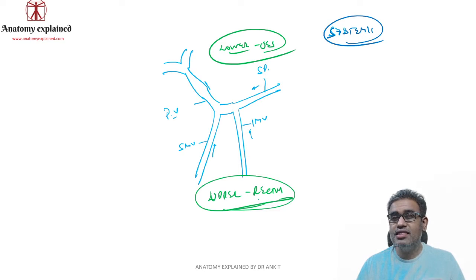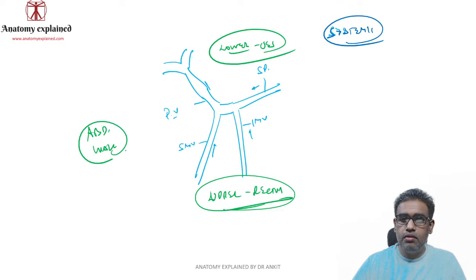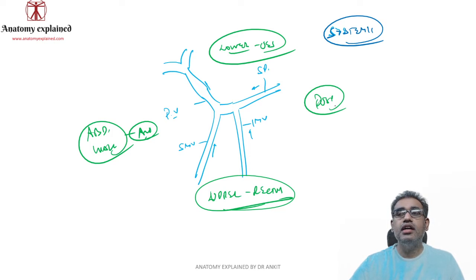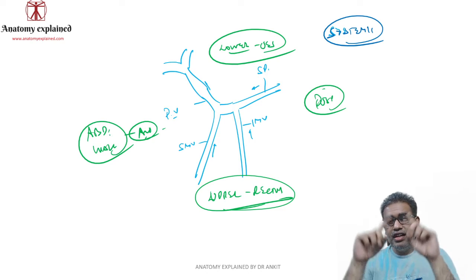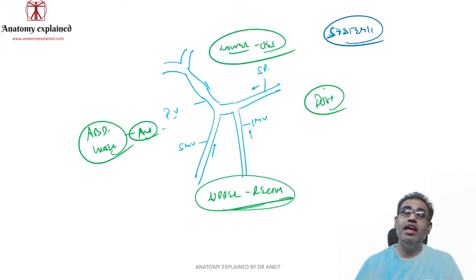So obviously at the two extremes of the portal circulation, you will have some tributaries, you will have some anastomosis with the systemic veins. Okay, and this is the central part, so it is also being surrounded by the systemic circulation. So you have the abdominal wall, both at the front, that is the anterior part, as well as behind, that is the posterior part. So at all of these places, these are the limits of the portal circulation. At the limits of the portal circulation, you will have the systemic circulation, and these limits are telling you that at these areas you will have portocaval anastomosis, which are normal.